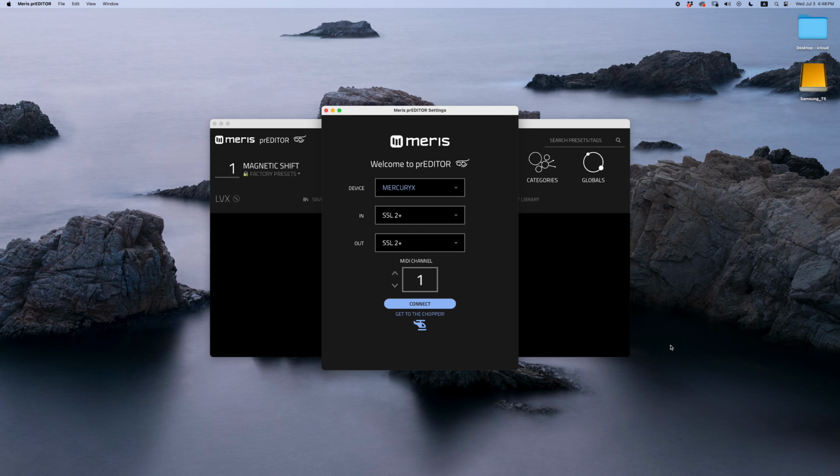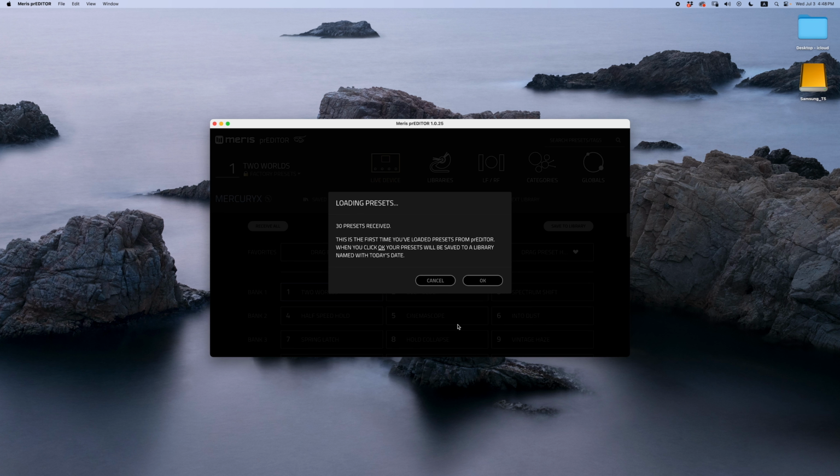So the first thing when you open up prEDITOR is you're going to be met with this modal, and I'll explain the modal in the next segment. For now, select your device. prEDITOR will know you're a new user and will save your presets from your physical unit to a new library with a current date. I do need to go over a few things to make sure that your unit is